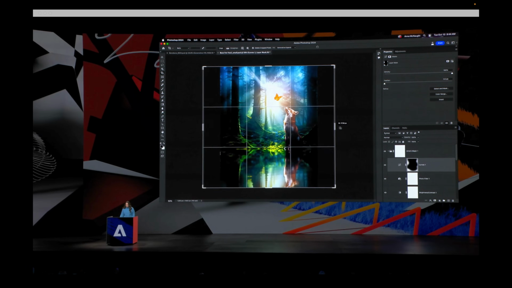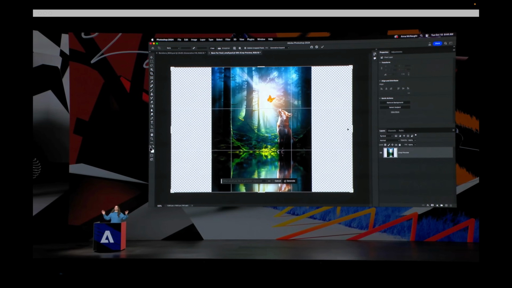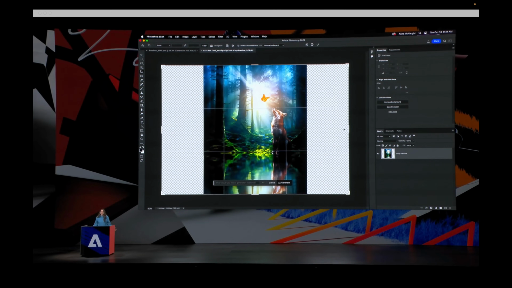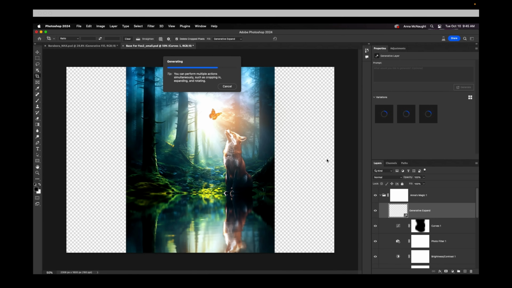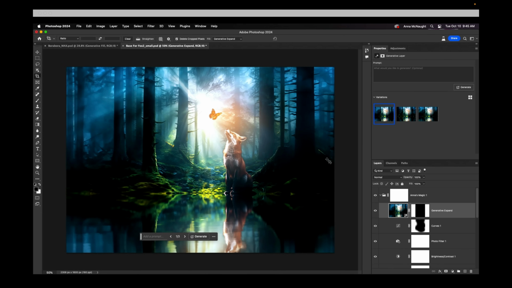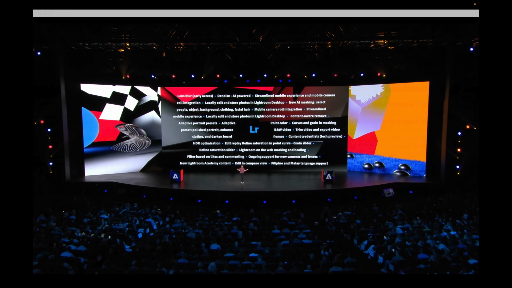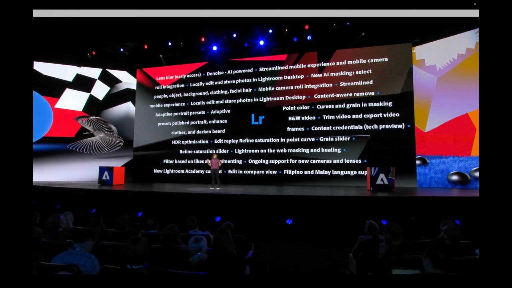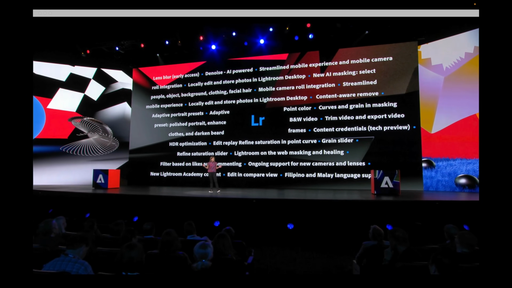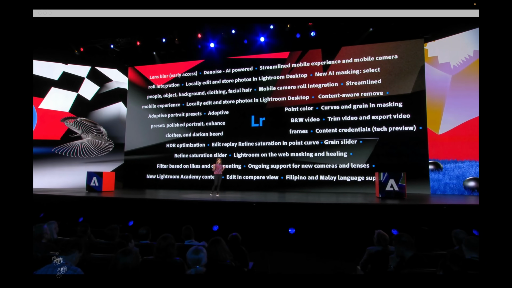In the situation where a client comes back to us and they want this to be landscape, fox, and our adjustment preset, all these things. Look at that. We've also shipped a ton of new features in Lightroom this year. Everything you see on the screen behind me, including the amazing new denoise and editing and high dynamic range, are